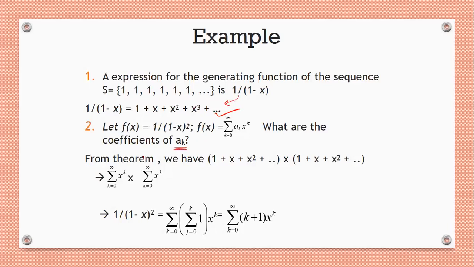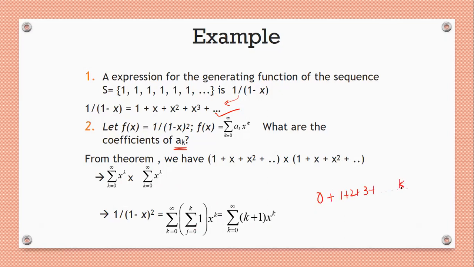And what are the coefficients? The sum over k from 0 to infinity of x^k times the sum over k from 0 to infinity of x^k, so the coefficient is simply 1. From j equal to 0 to k, we will have the summation in the following way: the sum over k from 0 to infinity of (k plus 1) x^k. So we will add from 0 to k terms plus this 1. We will take 0 plus 1 plus 2 plus 3 and so on up to k.